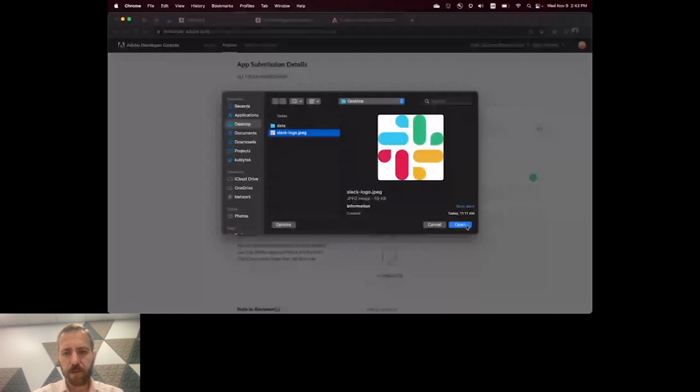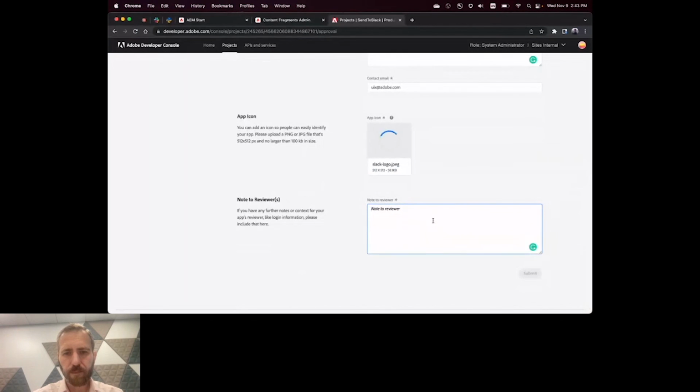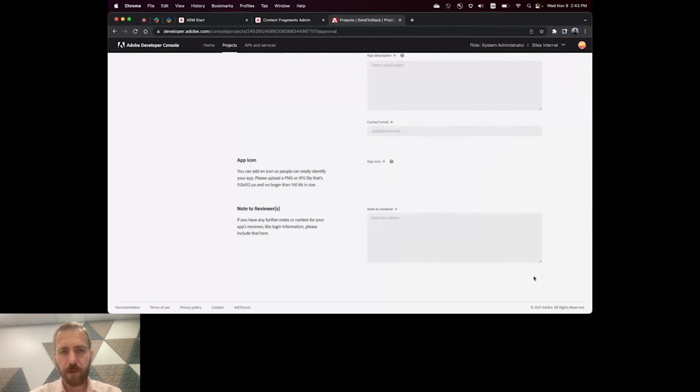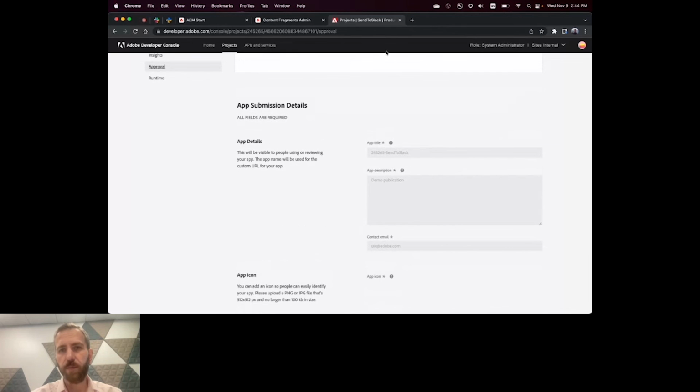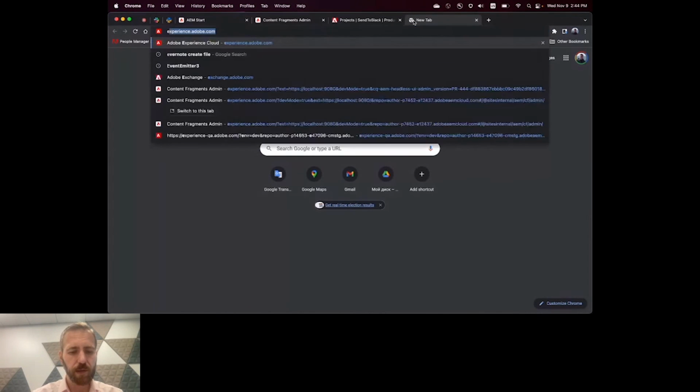So we'll fill in some data. And we are ready to submit. So with these actions, the role of the developer is over, and now the